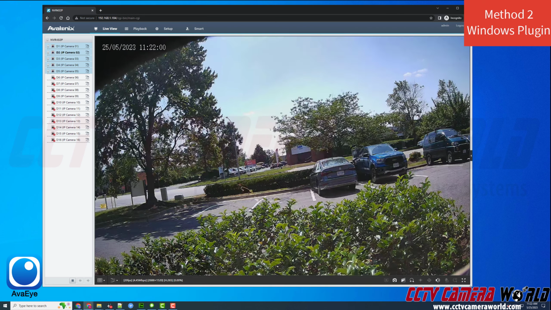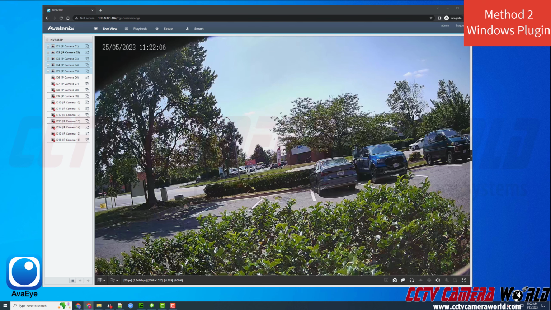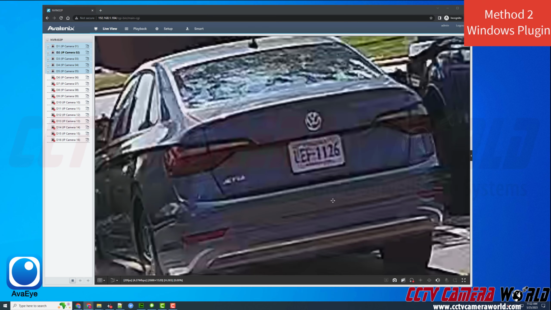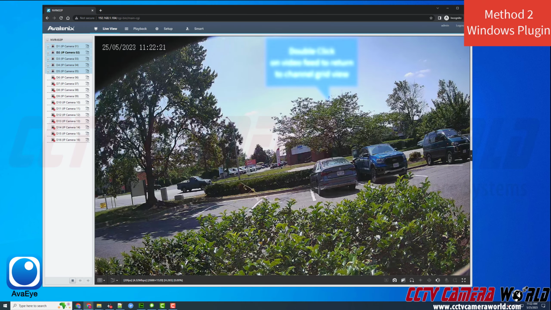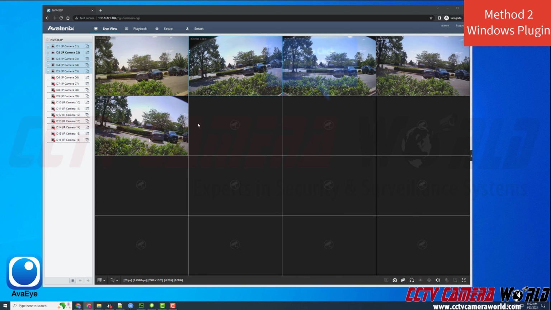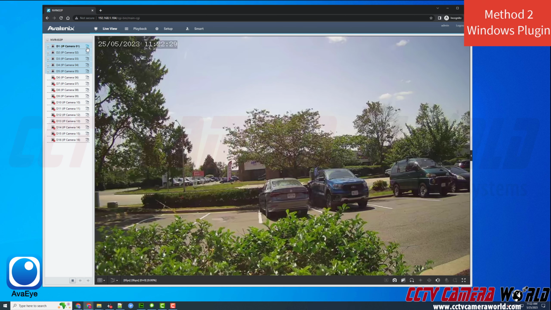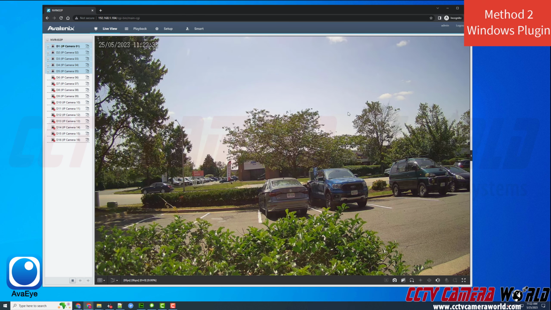As you can see now, the image is higher bitrate, higher resolution. You can also do more digital zoom. If you want to look back at your channel grid view, just double click here, go back into the channel grid, and then you can change to a different camera, go back, go into mainstream,